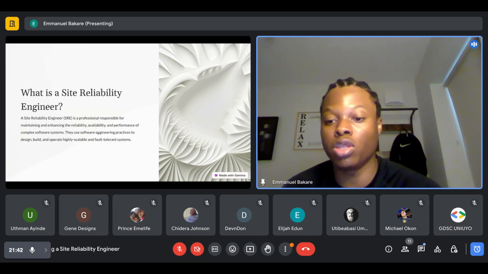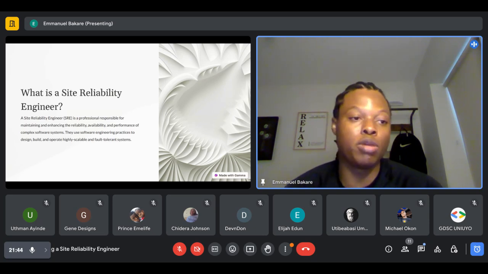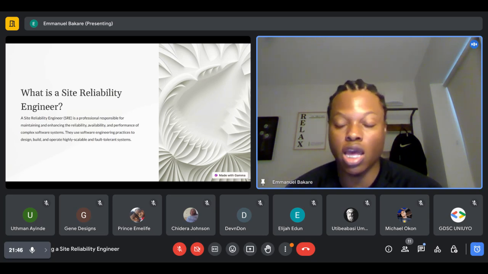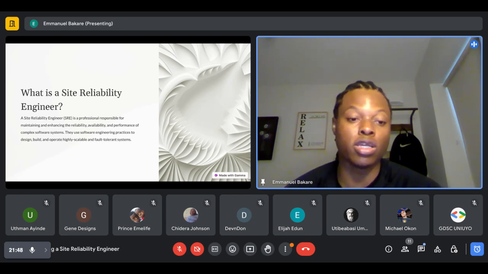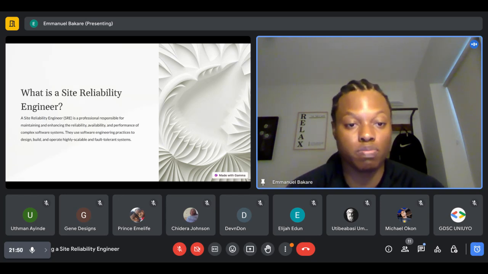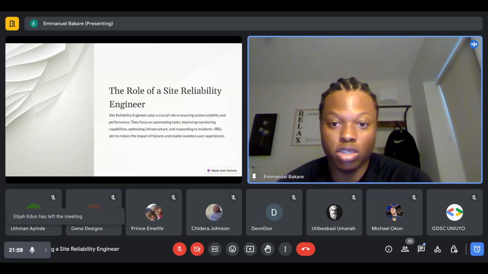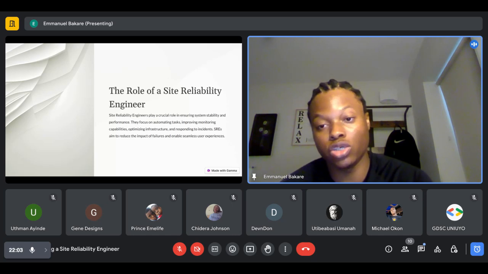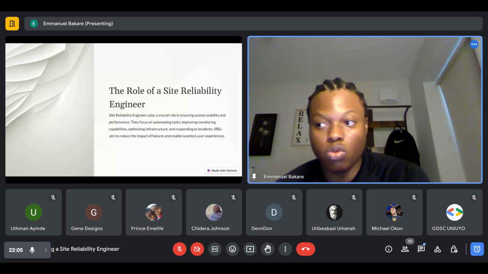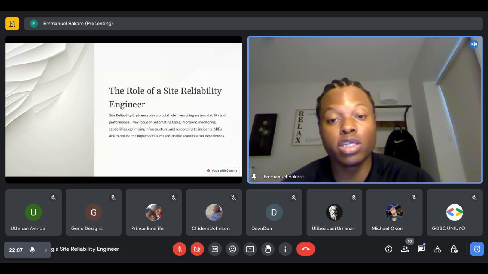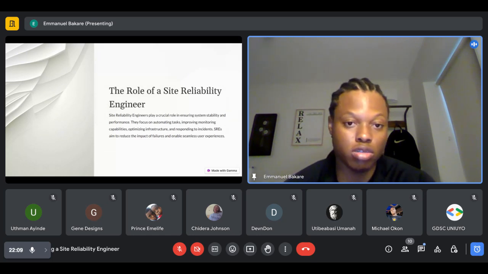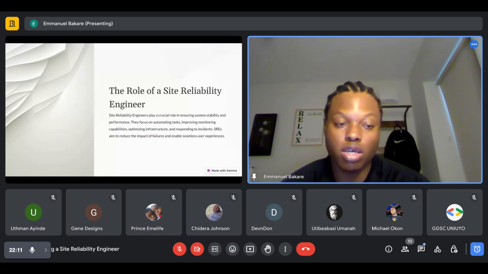We now take all the stuff that people would do manually, we automate it, and then we find much smarter ways to improve it. That's what this entire block means, even though it's just a summary. So the roles, as I've said before, are the same thing: automating tasks, improving. But there's also the part about ensuring system stability. What that entails is that things break naturally because people make mistakes.